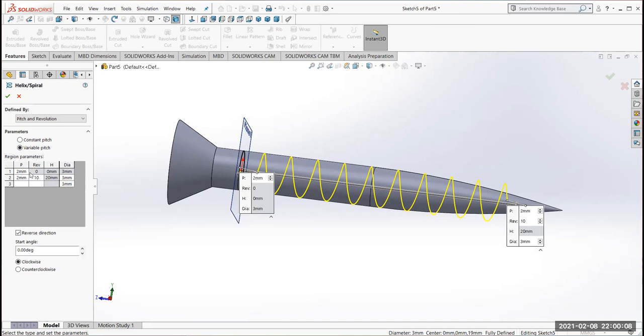So we're going to start at, instead of 10 here, revolution number 6. Okay, and we're going to say that revolution number 6 is at 3 millimeters. We're starting with 2 millimeters for our pitch. Revolution number 6 is going to have a diameter of 3, but then revolution number 7 is going to have a diameter of 2.6. We're keeping the 2 millimeter pitch all the way through though. Okay, so 7 has 2.6. We're going to stay with 2 millimeters. Revolution number 8 is going to have a 2.4